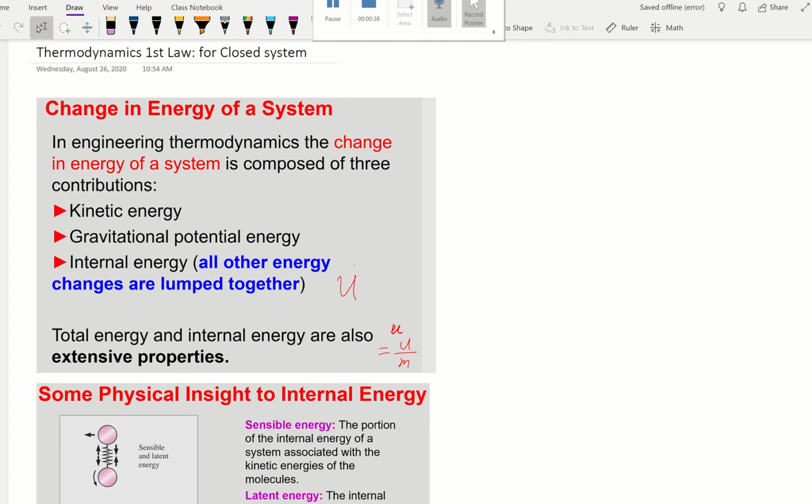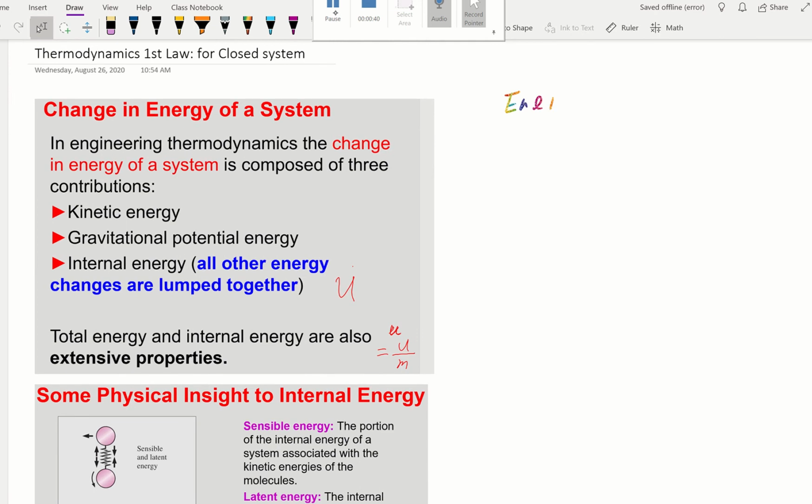We've heard about energy, this term, a lot before, and we learned previously that there's potential energy, PE, and there's kinetic energy, KE. So let's quickly review. What's potential energy? PE is going to be mgh, where h is altitude. And kinetic energy is half mv squared, right? Okay, those are the basics.